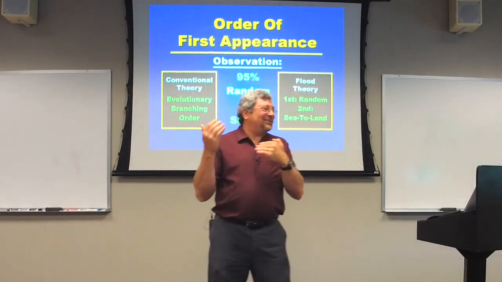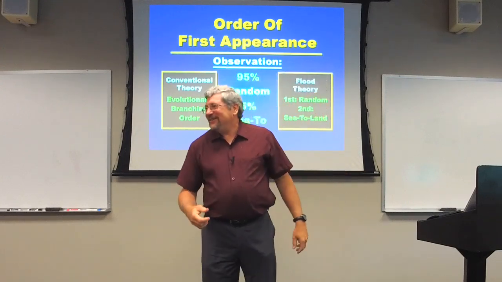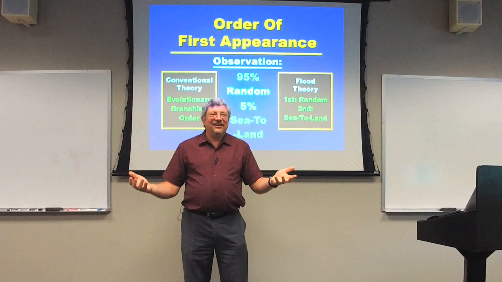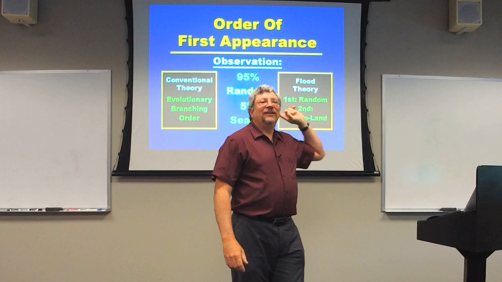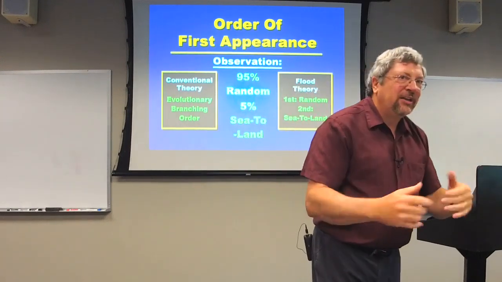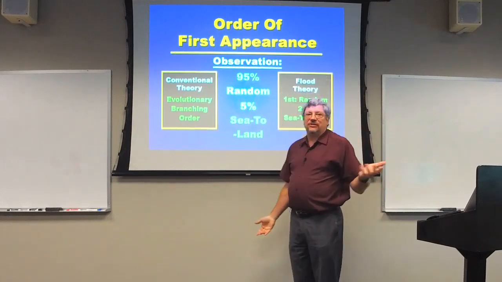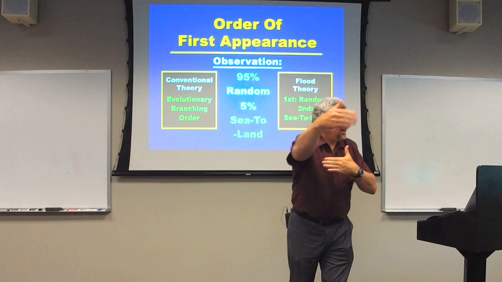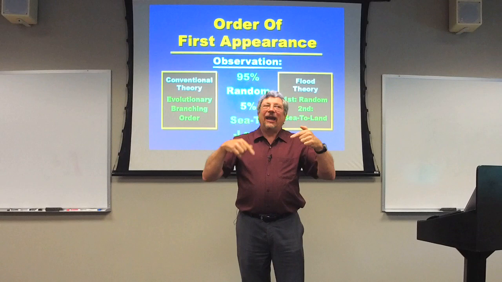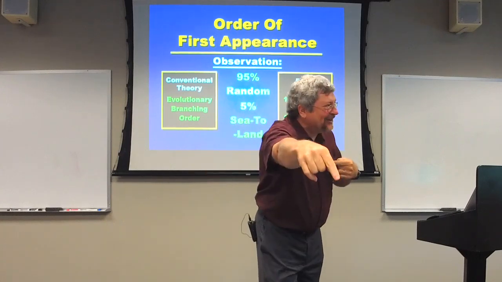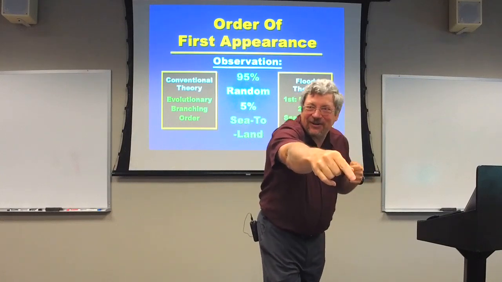But that 5% is intriguing. It's hard to let go of that and say, well, what about the 5%? I think it's valid to reject the 5% and say we don't have to worry about it. But the 5% that's left, which includes the plants and the vertebrate classes, is a sea to land transition. That's all that is. That order corresponds when the evolutionary order happens to be a sea to land order, that the fossils in fact do follow a sea to land order.